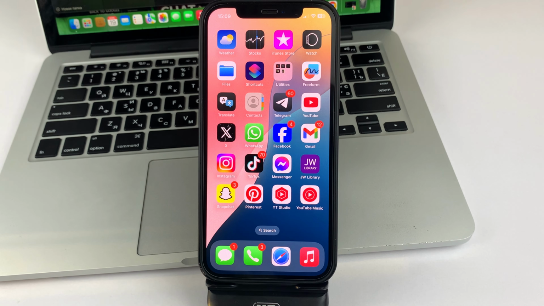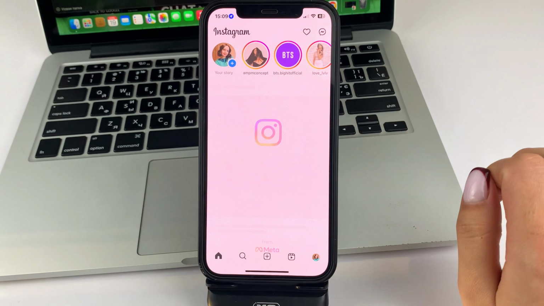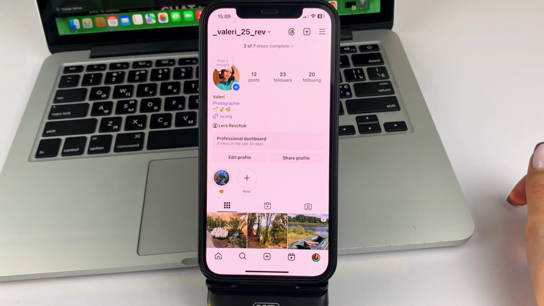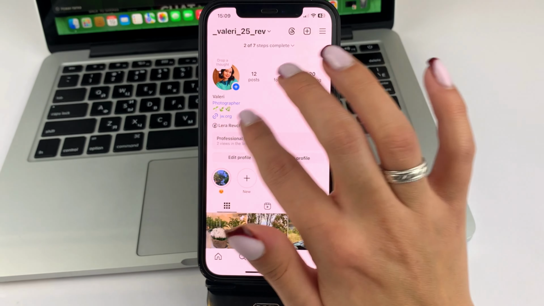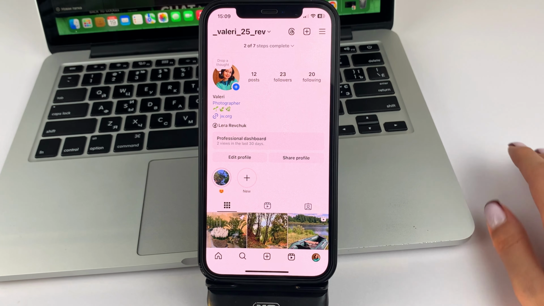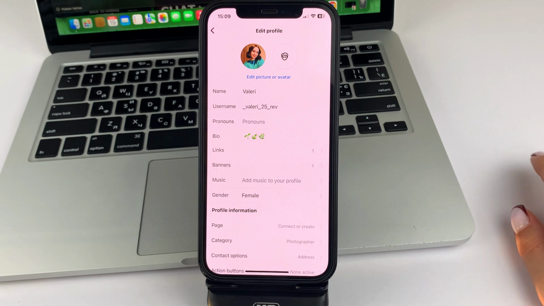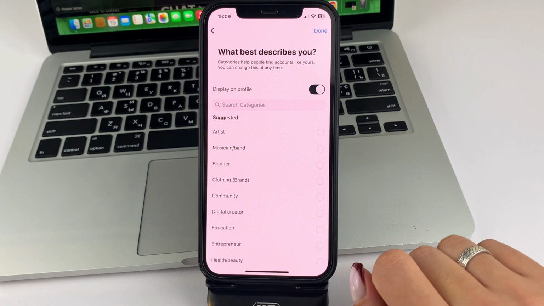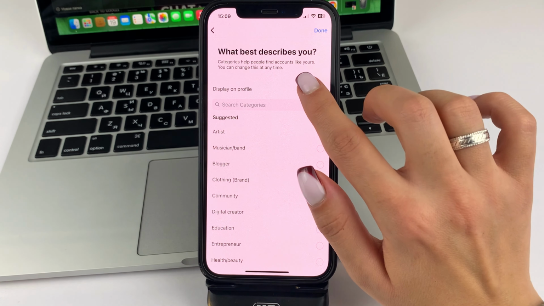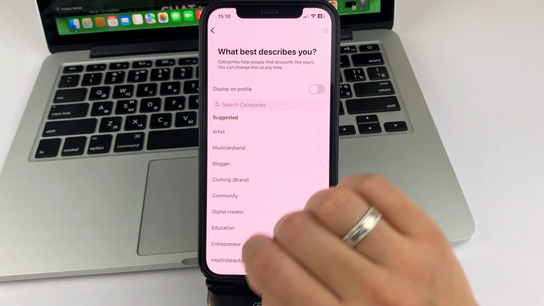So, let us get down to this topic with you. Please open up your Instagram and then go to your page. And if you, let's say, would like to simply remove the caption or the type of your personal blog from your profile header, then you'll need to click on Edit Profile, Category, and click on this button here, Remove from Profile, and now click Save.